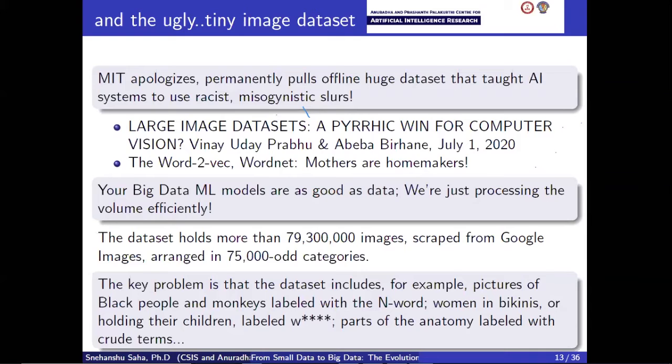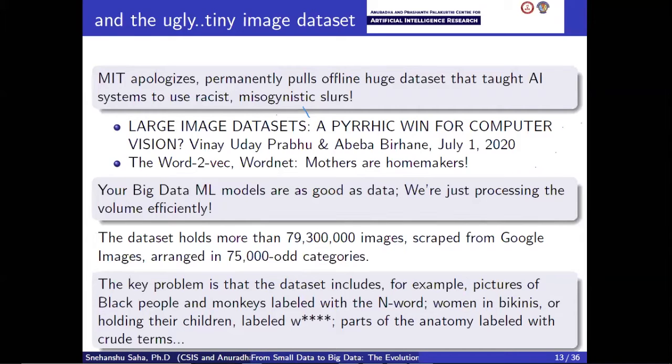What they show is that the idea is you have a very large corpus of image data sets and then you feed in new images. The big data predictive algorithm should be able to predict the label of that new image. So suppose you have images of flowers, houses, men, women, children, parks, gardens, and so on and so forth. Naturally, this image data set contains images of women, images of men, images of women carrying a child, images of animals.